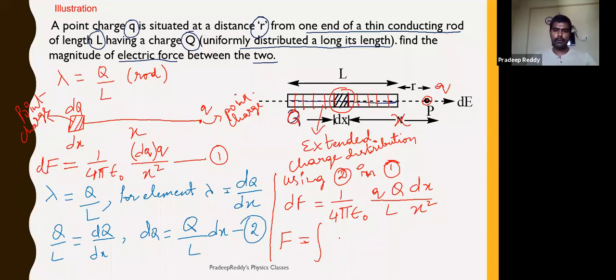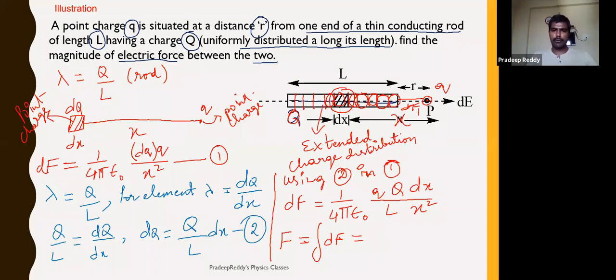If you integrate this total, you will be taking a very small element here, and you will be getting dF1. And a very small element here, because of that you will be getting dF2, dF3, dF4, dF5, dF6, dF7, like that. You will be calculating all those dF values and finally you will add them. Adding is nothing but integrating. Summing up all those forces, you will be getting the integration of dF.